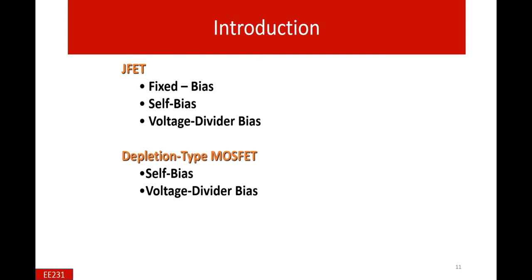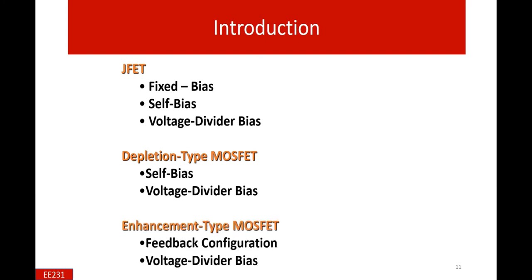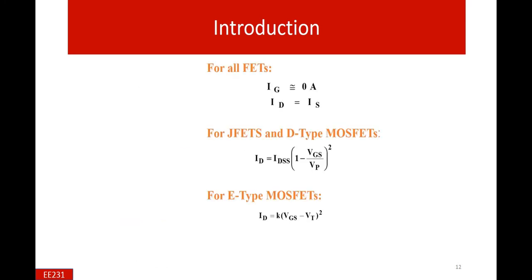And for the depletion type MOSFETs, we discuss some types of biasing, like self bias and voltage bias. And for enhancement type MOSFETs, like the feedback configurations and the voltage divider bias, this will definitely be covered extensively. So this type of mathematical summary is applicable in the analysis part of the FET biasing, that